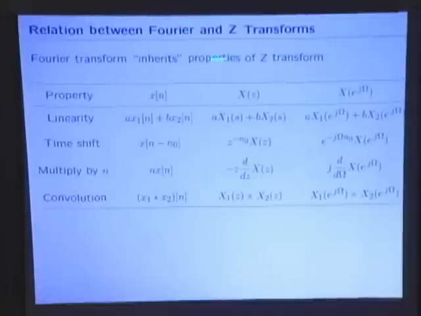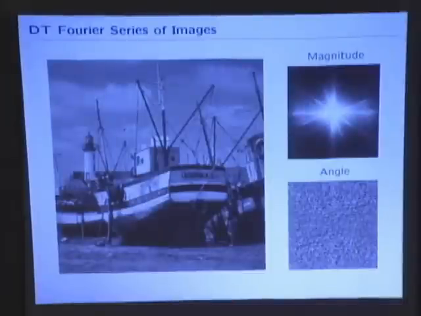Because of the relationship between the DT Fourier transform and the z transform, the DT Fourier transform inherits all the nice properties of the z transform. We'll make a bigger deal of that in the upcoming two weeks. In fact, that's the next two weeks of this course, to figure out the implications of all of those properties. But for today, what I want to just close with is one more example of how you can think